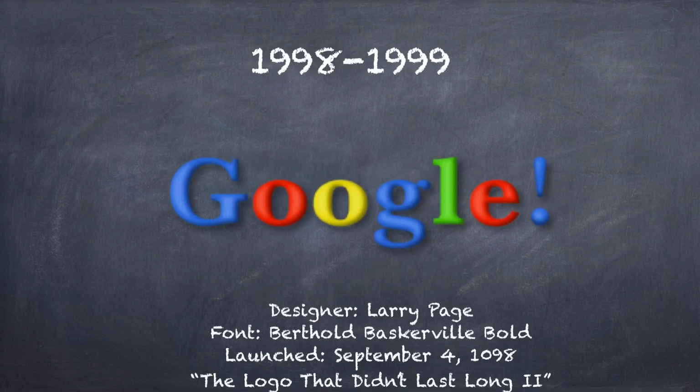So this Google logo started in 1998 and ended in 1999. The designer was Larry Page and the font is Berthold Baskerville Bold. So they must like this font. It was launched on September the 4th,